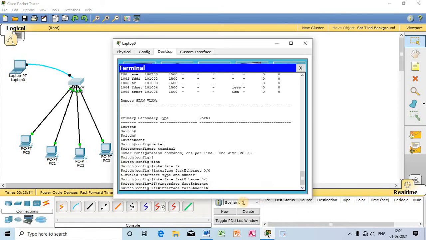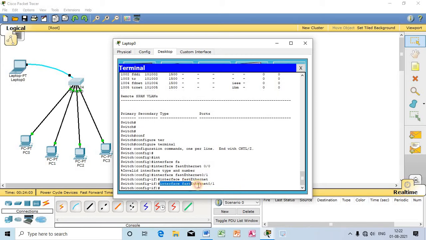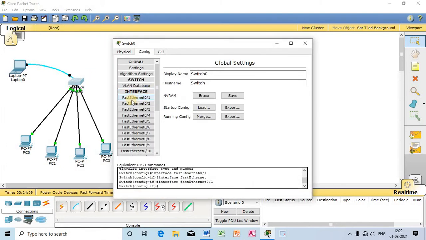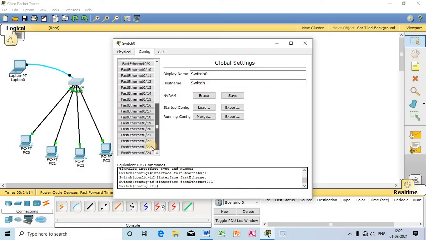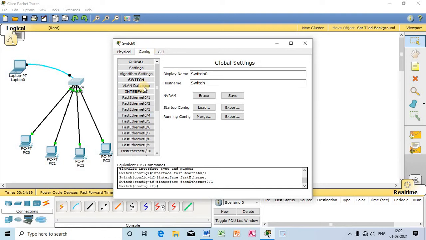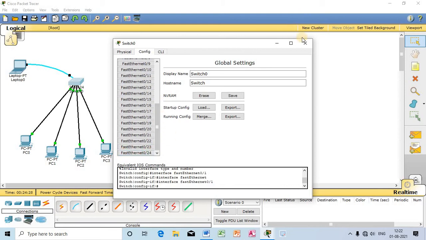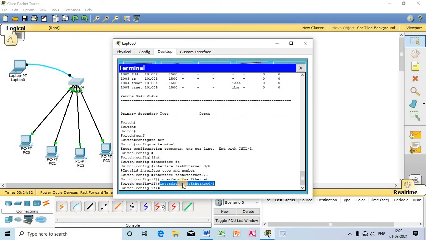So for that I have to write the command interface FastEthernet 0/1. Watch out, the name of the interface I have observed out here is FastEthernet 0/1. There are 24 interfaces in this particular switch, FastEthernet 0/1 to FastEthernet 0/24.